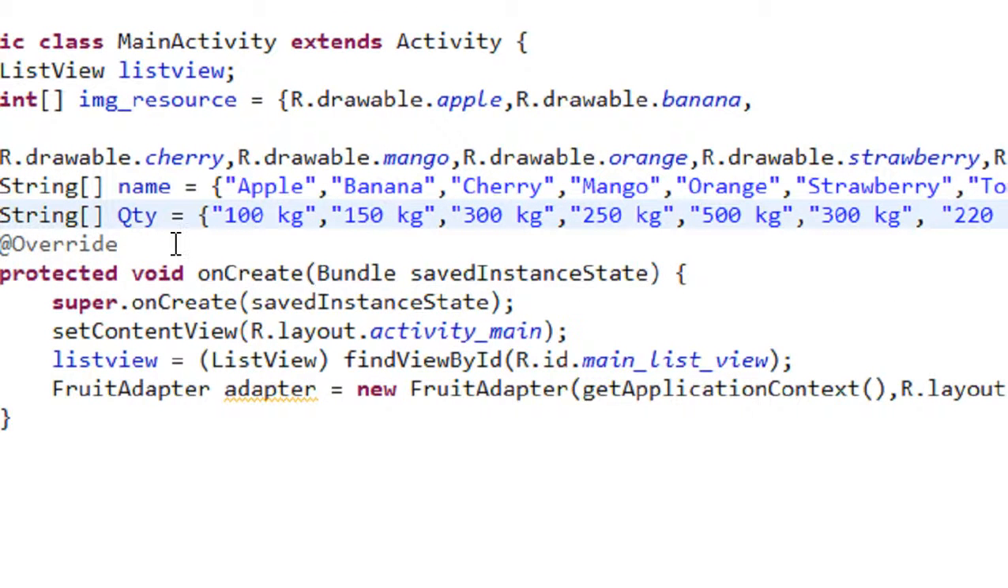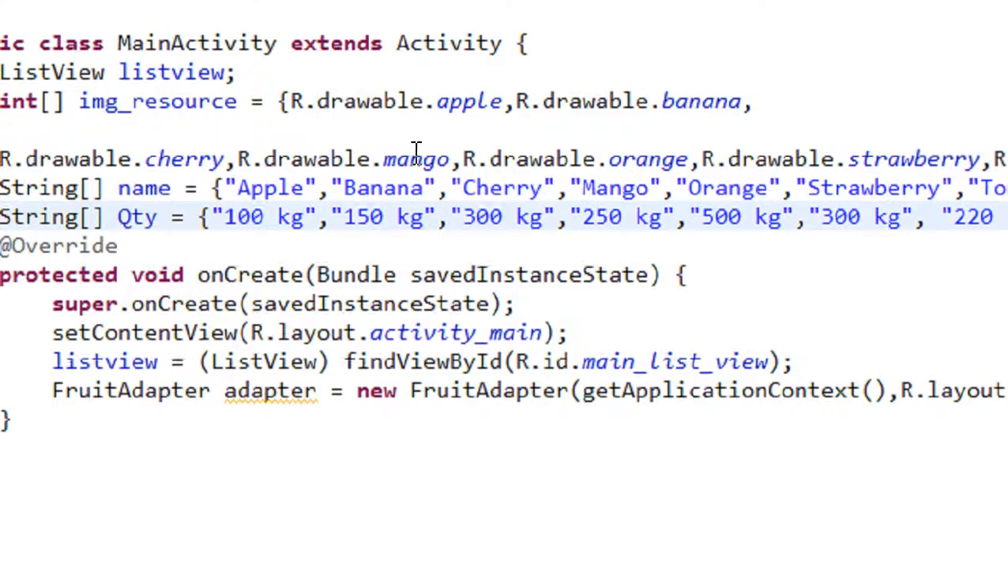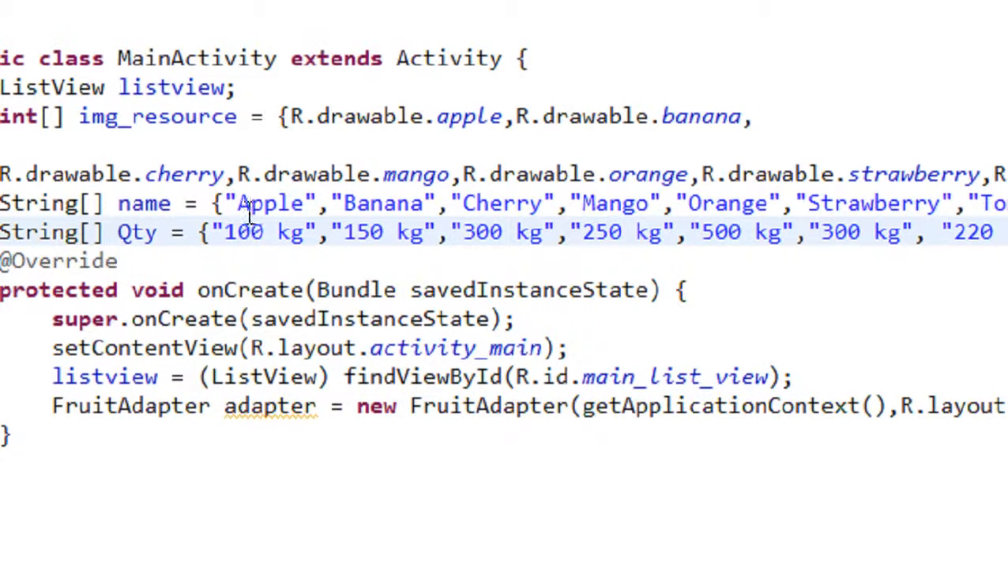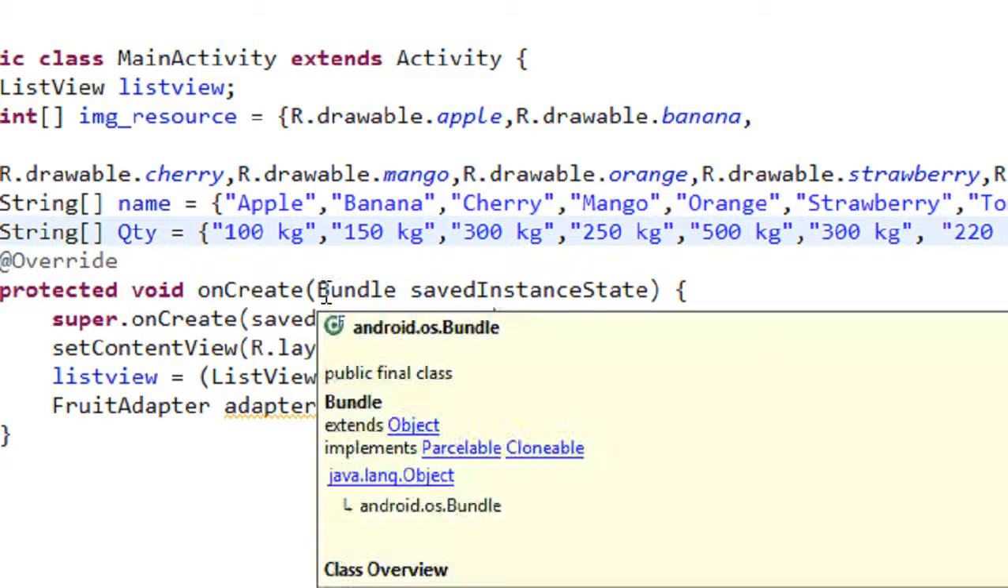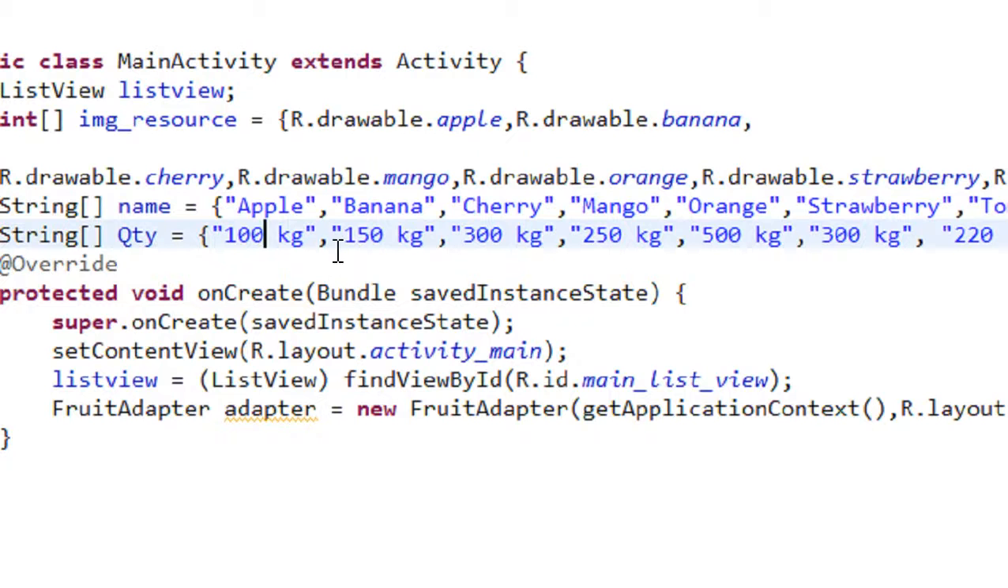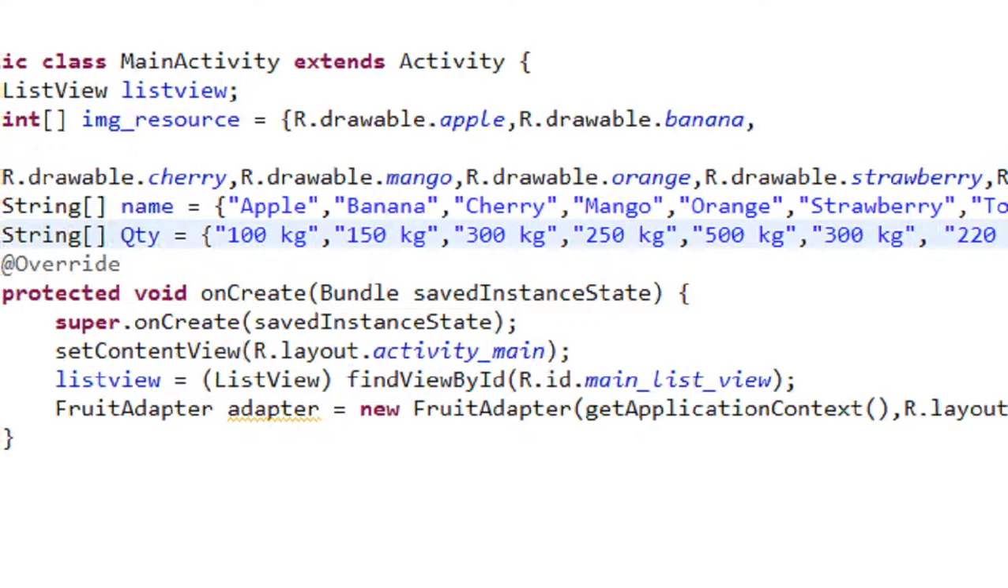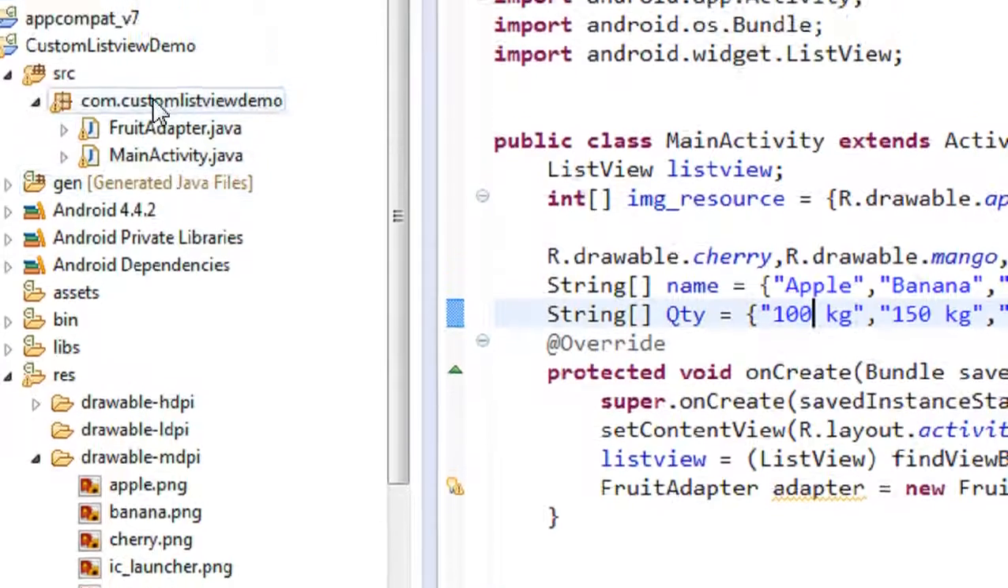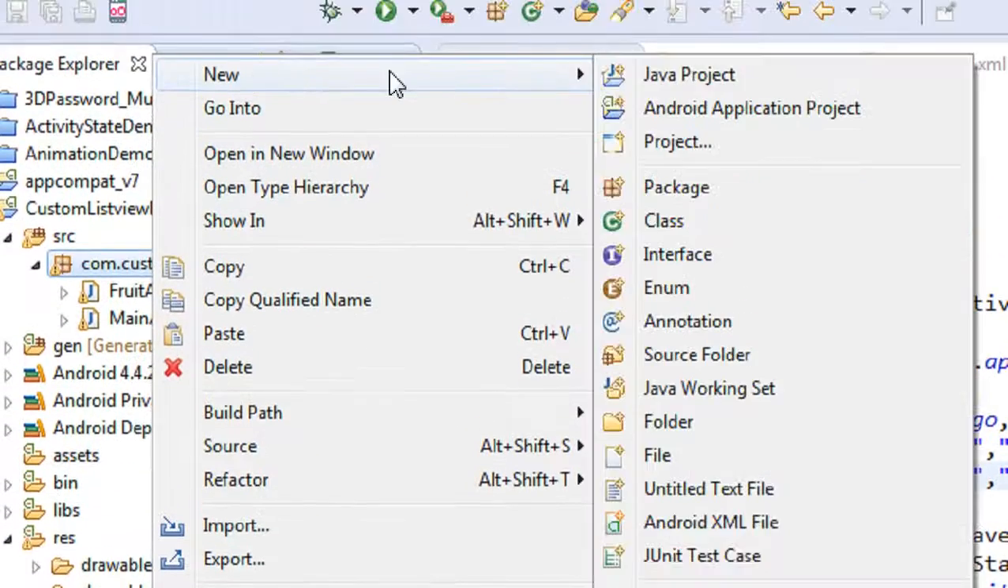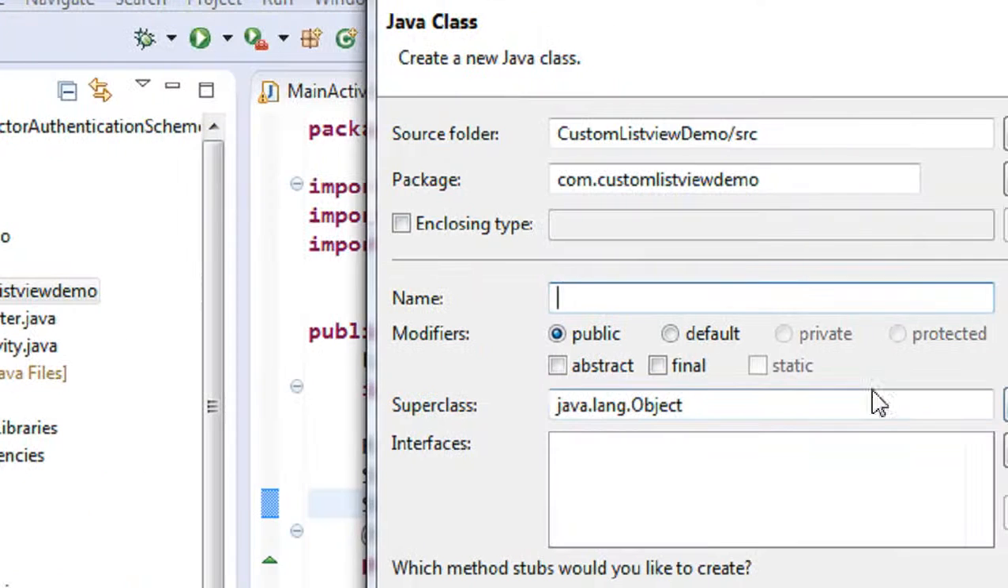Okay, now we need an object that is capable of handling one row of that particular list view. So the first row contains an image for apple, its name and its quantity. So we need an object for each of these fruits as individual rows in that list view. So that is our next step. For that we need to create another Java class. On the package, I right click and choose the new Java class option and name the class as fruit